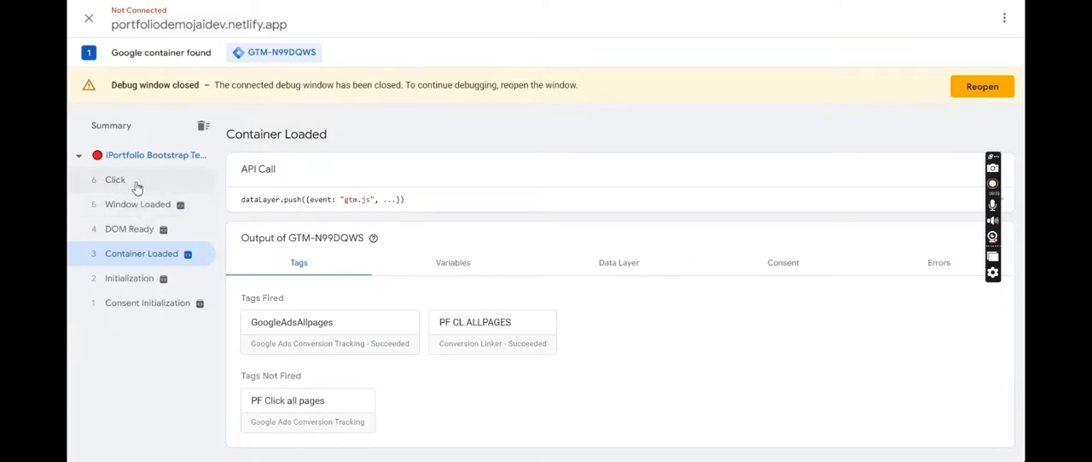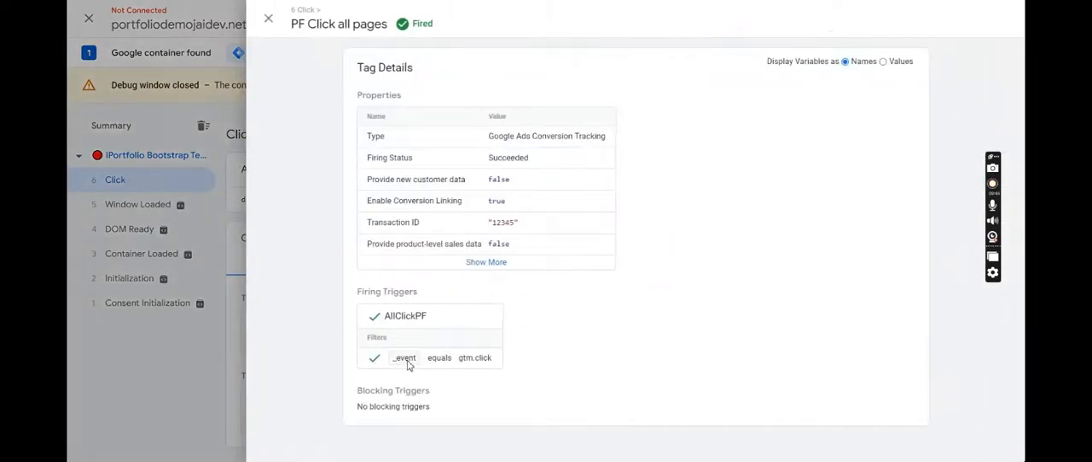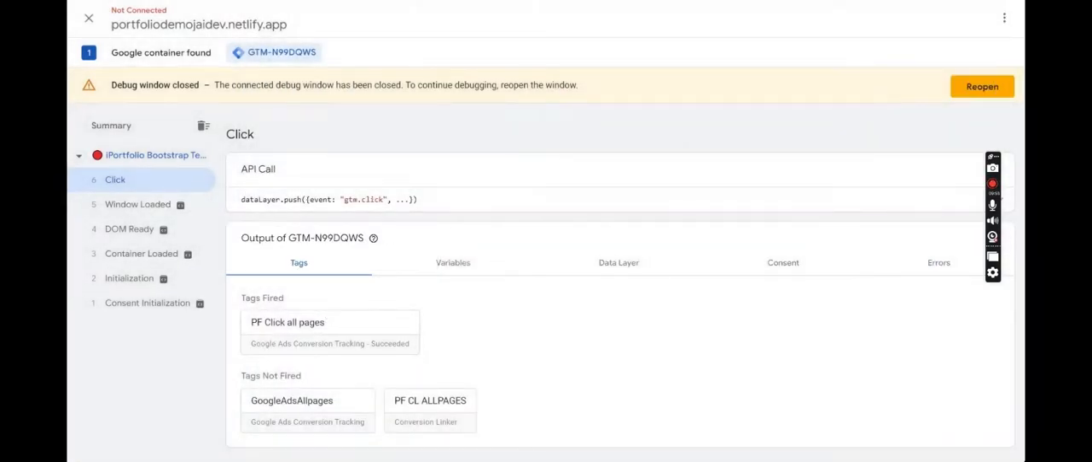Now, as you can see, previously we only had these 5. Now there's another tag added, which is the click one, and here you can see that tags fired was this, our event equal to click, and hence it shows you a green tick, which means the condition was successfully satisfied. Okay,